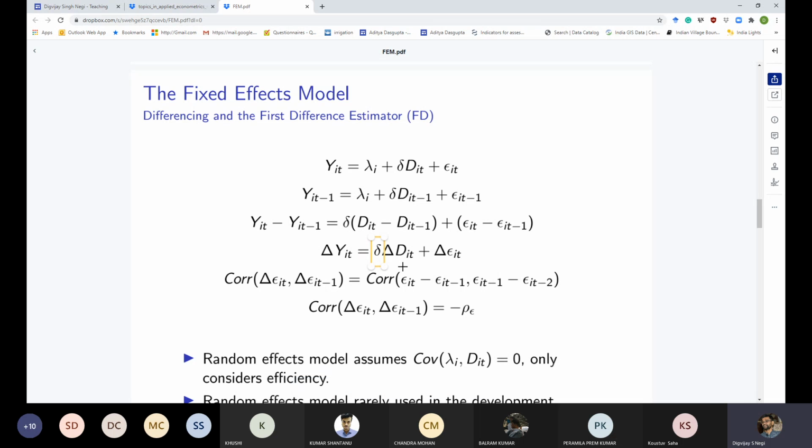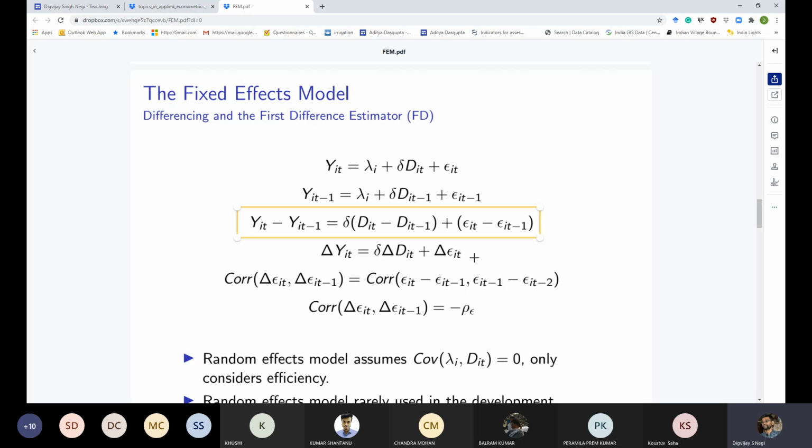So it's up to you whether you do a first difference or use a fixed effects estimator, or demeaning. But there is one issue when you do a first difference: because of this differencing transformation, the error terms now are correlated across time periods. The transformation itself introduces serial correlation in your error terms.